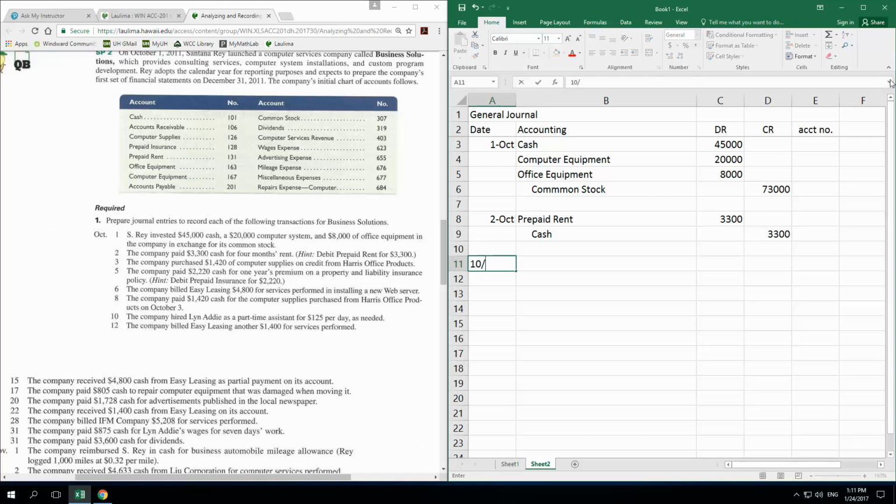October 3rd. I don't need to put the year in there. Company purchased $1,420 of computer supplies on credit from Harris Office Products. Okay. So what do we have? All of a sudden we have more office supplies. So I'm going to debit the office supplies account. Office supplies are an asset. They increase with debits. Okay, so we have 1,420. Now, whenever you see that phrase on credit, that means we didn't pay for it up front. That would be an accounts payable. Okay, so that's an example of